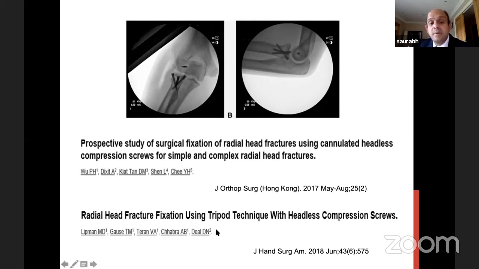With screws, this paper tells you about the tripod technique if someone is interested. So put 3 screws. They're going to be cannulated, so use your wires and then use screws. They're going to be headless, as you don't want them to be protruding in the joint. They're going to be compression screws, and do them in a tripod fashion. If you can't for some reason, you have to aim to put at least 2 good, strong, solid screws. Another little tip is this screw here. If it's prominent, then it can cause a mechanical block to rotation, or it can irritate the interosseous membrane. So the screw which is coming towards the ulna, you have to be a bit aware of and a bit cautious.